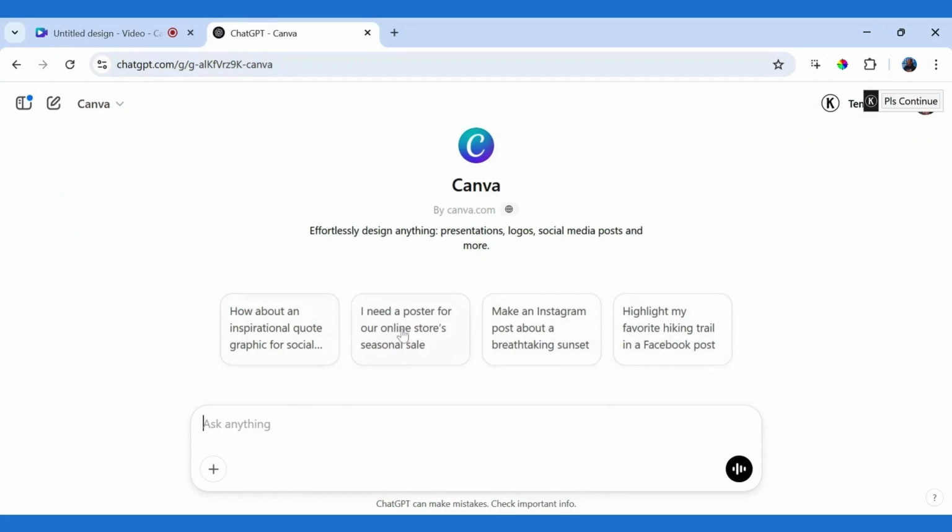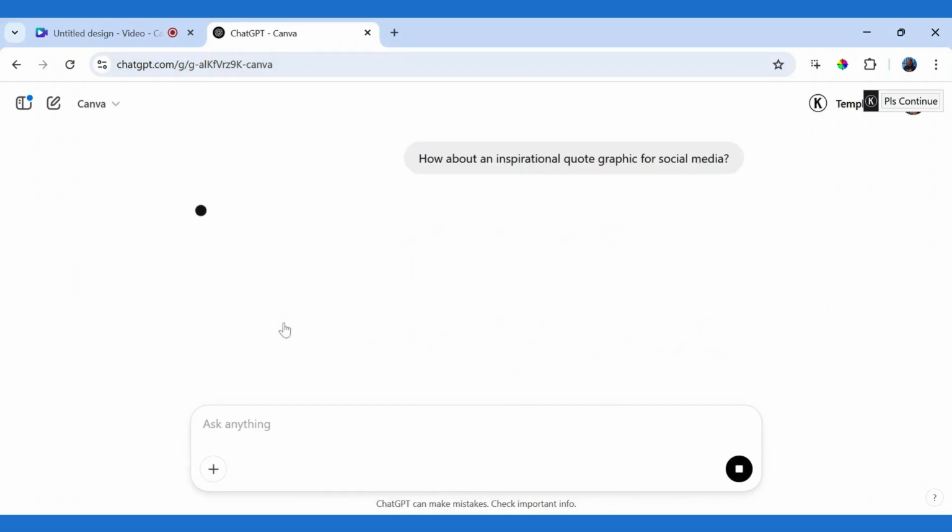Let's say you don't have anything in mind that you want to create. You can use a conversation starter to see how it works. But if you have anything you want to create, let's say you want to create a presentation, logo, social media post, you can just ask ChatGPT, ask Canva right inside here in this box to create that for you. So I'm going to use this first one, an inspiration quote. Let me just click on it